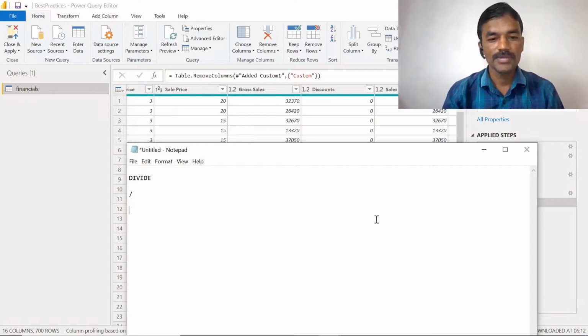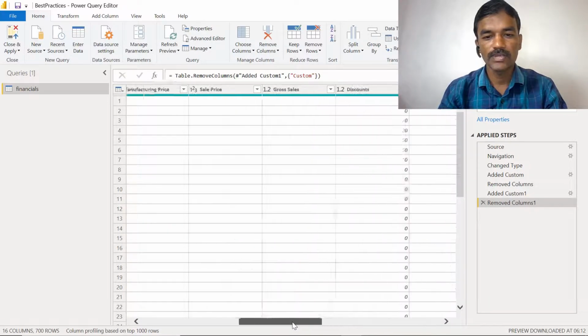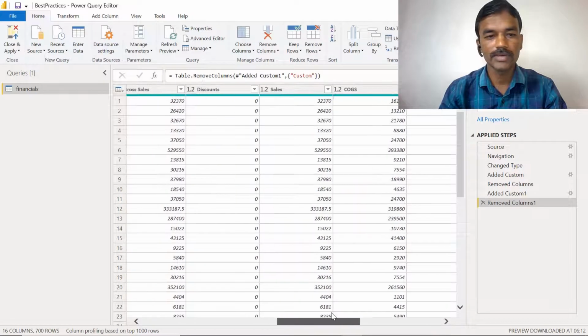Let's try to understand the difference between this divide operator and this divide symbol, and which is the best practice to use in DAX formulas in Power BI. So we have this data model where, whenever we are using DAX formulas, we need to come up with some calculations where we need to use some formulas